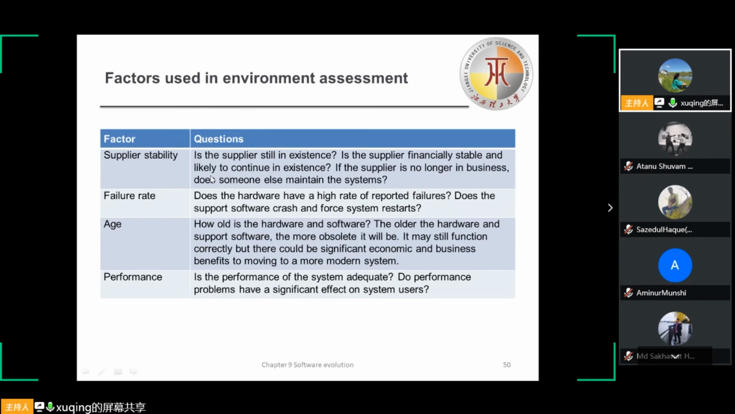For the failure rate, does the hardware have a high rate of reported failures? Does the support software crash and force system restarts? For the age, we may ask how old is the hardware and software. The older the hardware and software and support software, the more obsolete it will be. It may still function correctly, but there could be significant economic and business benefits to moving into a more modern